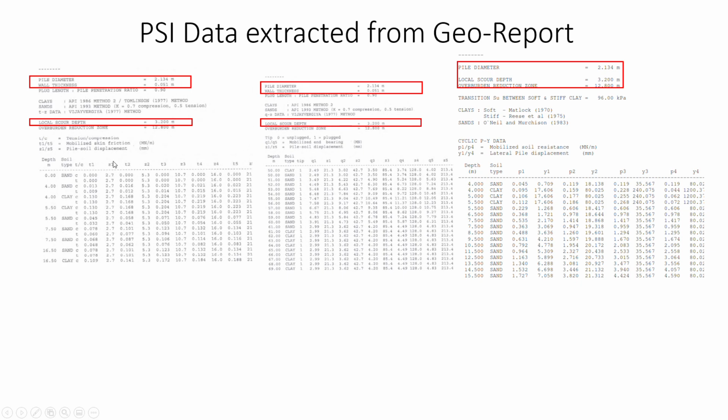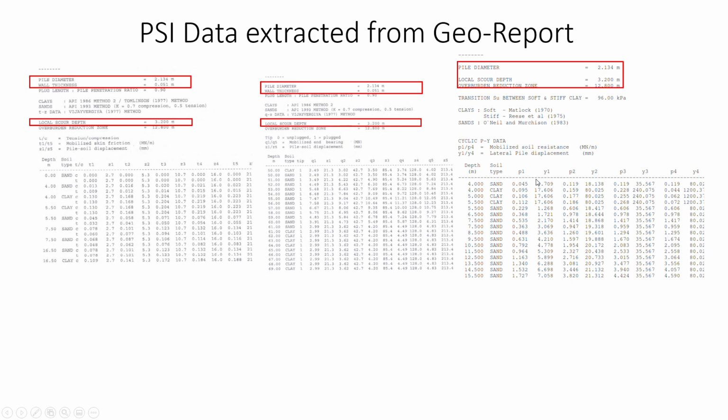Same like that here, this is the TZ data, and this is the QZ data, and this is the PY data. For any soil file you have to consider these three: TZ data, QZ data, and PY data. TZ data is the axial load by deflection, QZ data is the end bearing, and PY data is the lateral deflection.